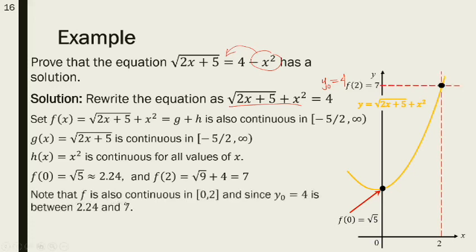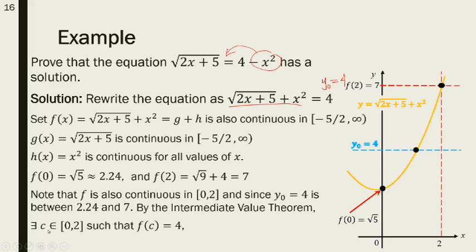Note that f is also continuous in the closed interval 0 to 2. Since y sub 0 is equal to 4 is between f of 0 and f of 2, approximately 2.24 and 7, by the intermediate value theorem, there exists a value c on the closed interval 0 to 2 such that f of c is equal to 4,